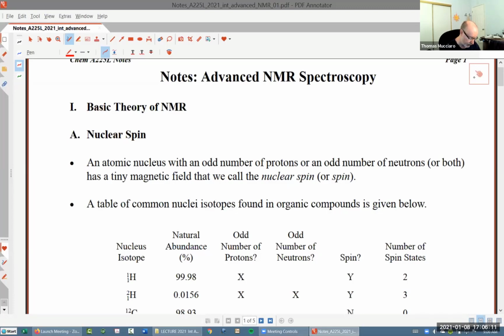We're going to start with, I don't know what this thing is. I thought it was like a little pointer, but